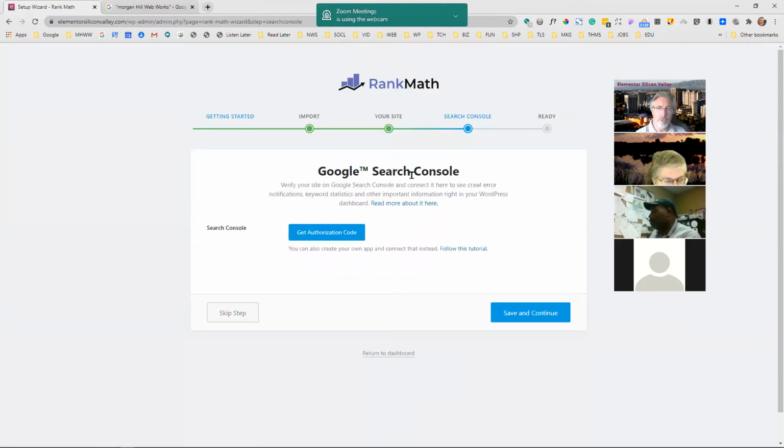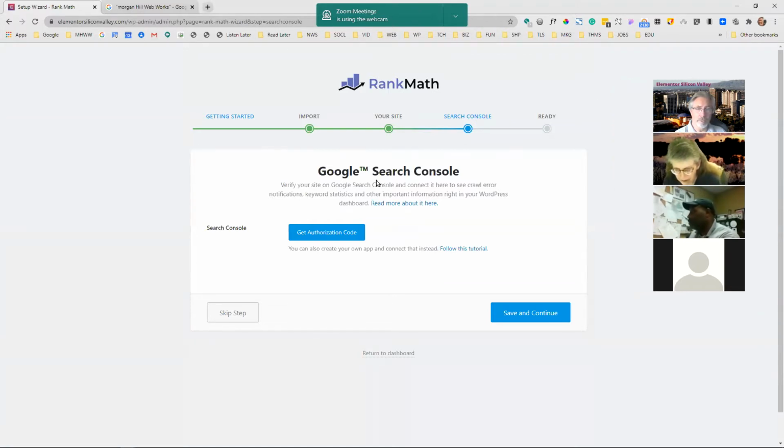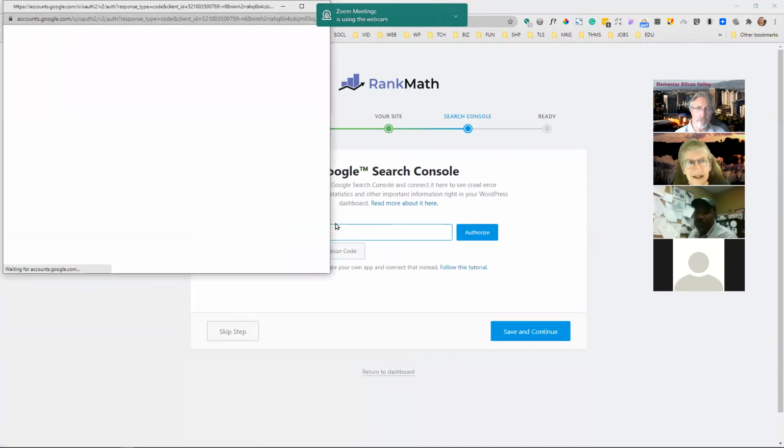Next is Google Search Console. I hope you all have Search Console installed. So it wants to connect with Search Console and actually bring some of that information directly into your website admin area for you to use. So we'll go ahead and get an authorization code